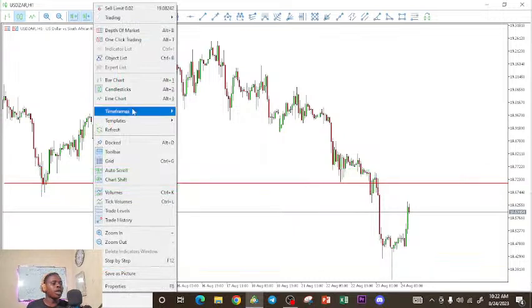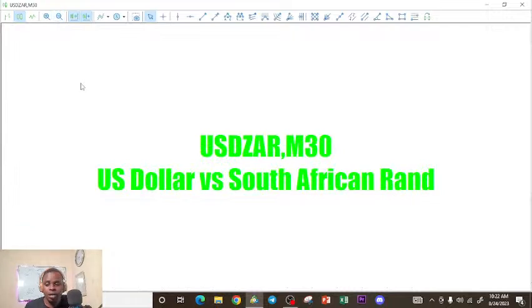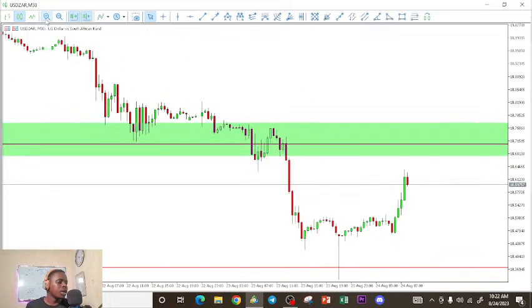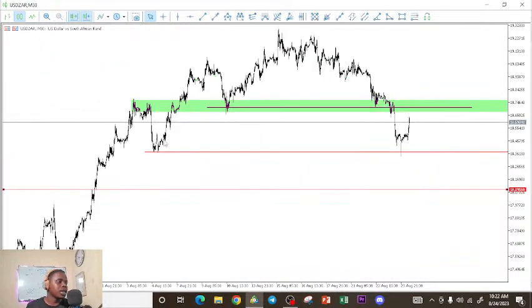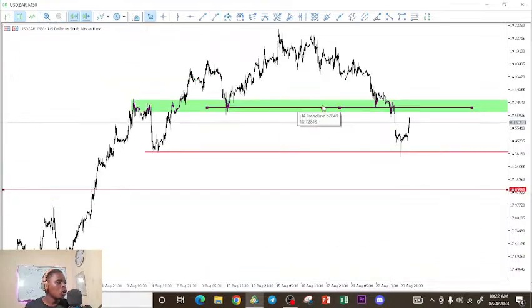If I go back down to the 30 minute time frame, you can see this zone a little bit more clearly. You can see it has been touched multiple times. What I'm looking for is for this market to push into this zone. Right now it doesn't look exactly like that. Mind that the market might not come to this zone, because we don't exactly know the size of the zone, but you can clearly see that